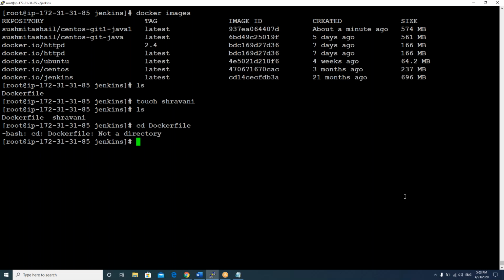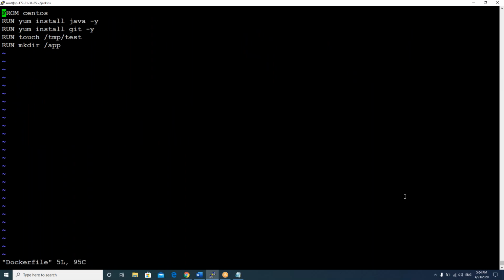It's vi, not cd. It's a file, right? Not a directory. So go to the last line. The parameter is the ADD command.